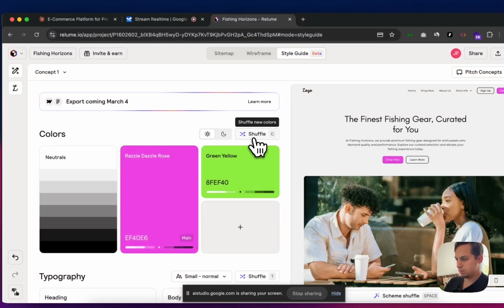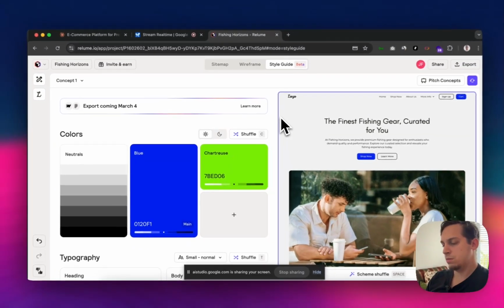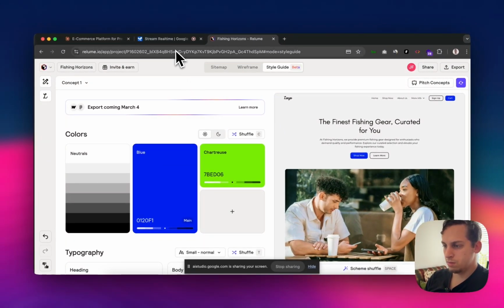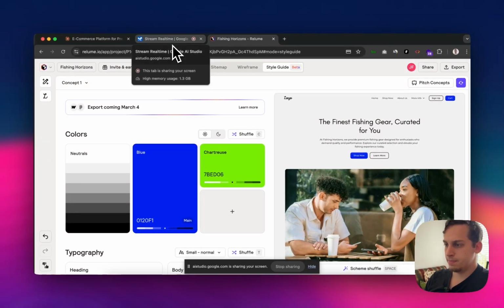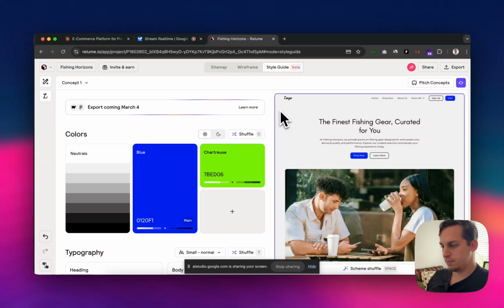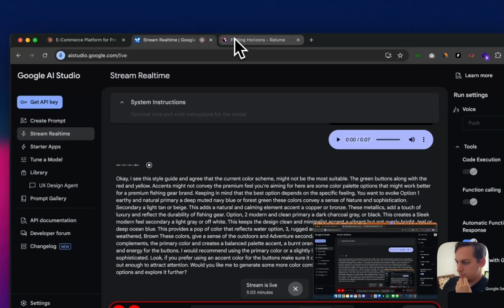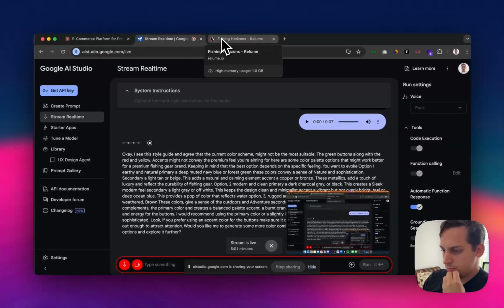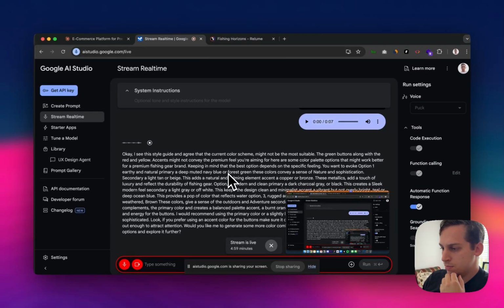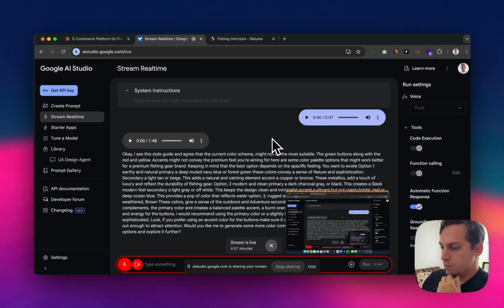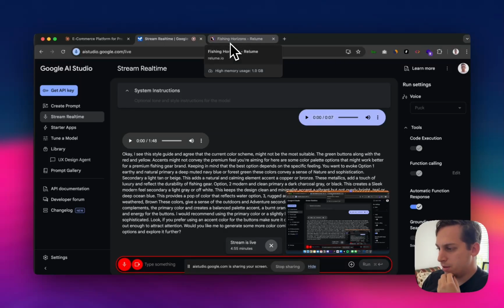For the buttons, I would recommend using the primary color or a slightly lighter shade of it, as it provides a clean and sophisticated look. If you prefer using an accent color for the buttons, make sure it doesn't clash with the primary color and it stands out enough to attract attention. Would you like me to generate some more color combinations, or would you like to pick one of these options and explore it further? Can you provide me with the hex code for the